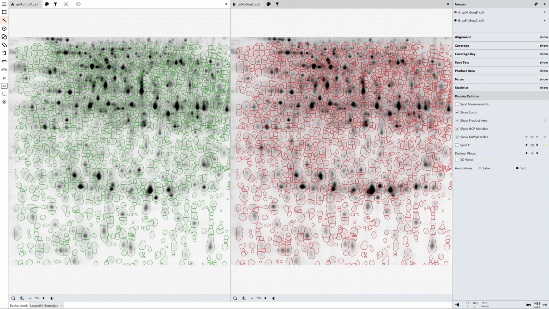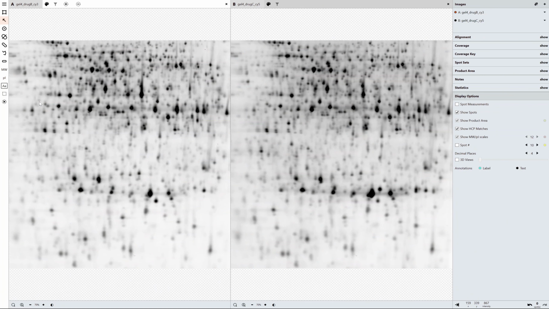I'll just show you how easy it is to reset this back to zero. So if I come along to the selection tool on the left hand side, you can see if I left click here, I get the option of quickly being able to simply select all of my spots, and I can press delete and start again from the beginning. So I don't need to go through and validate or reject each one or anything like that. It's completely freeform, which makes working with these images from this kind of high level view much easier